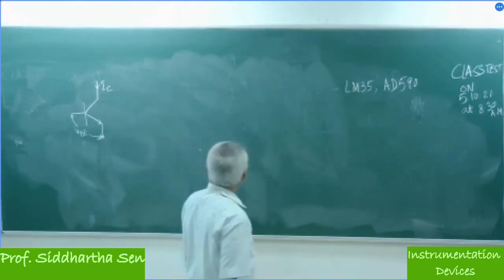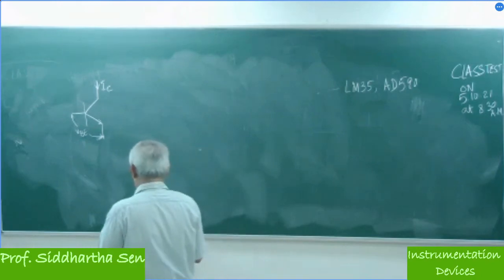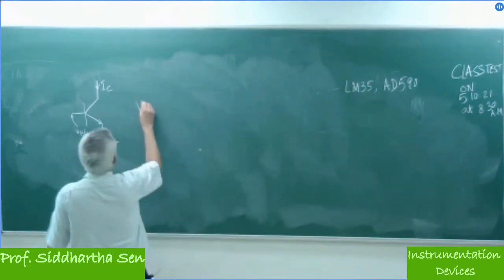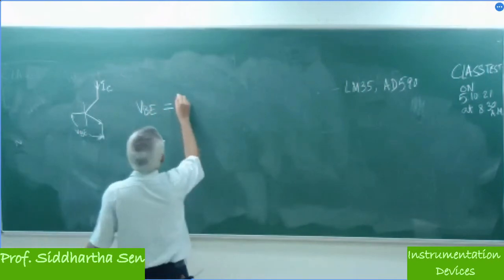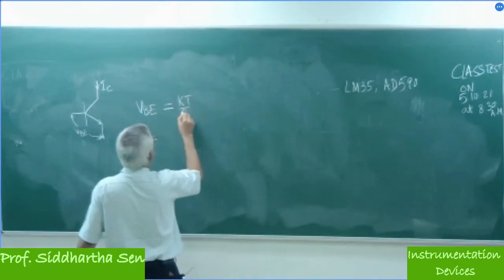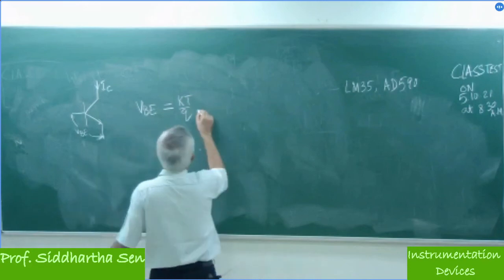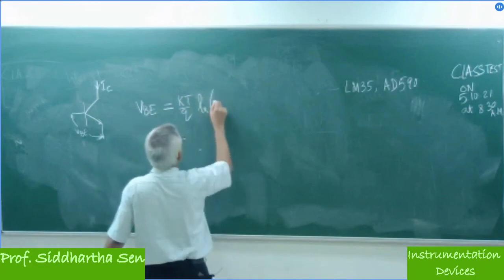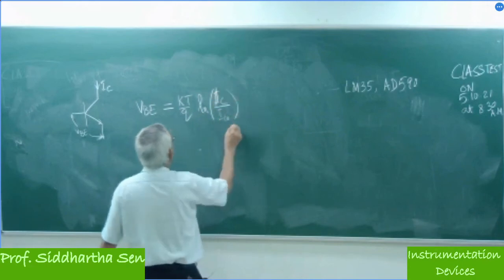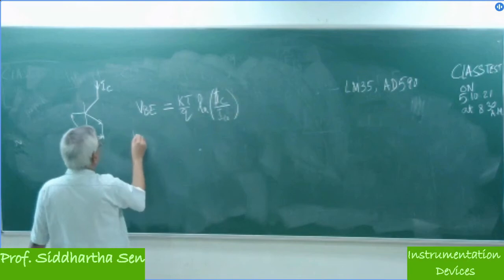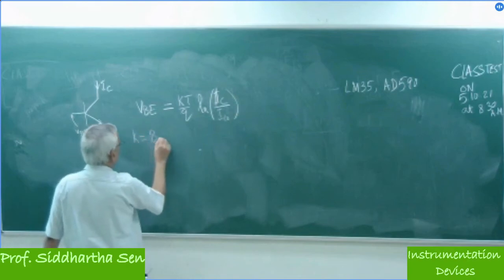VBE is the voltage for this one. So we know the VBE is given by KT divided by Q into log natural IC divided by IC0, where K is Boltzmann constant,